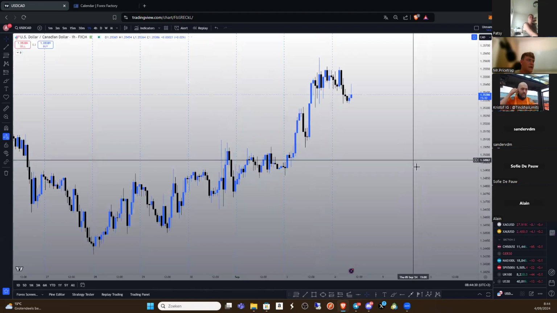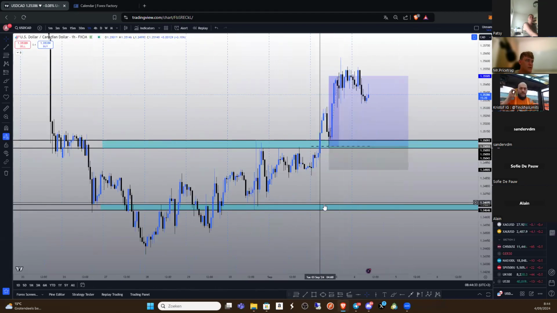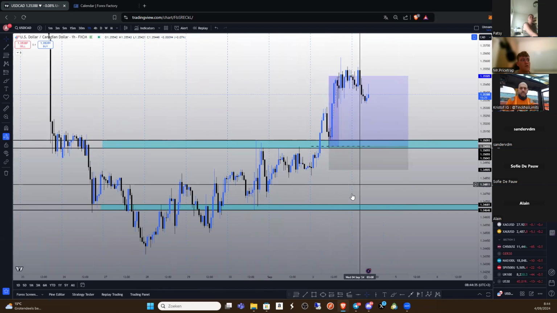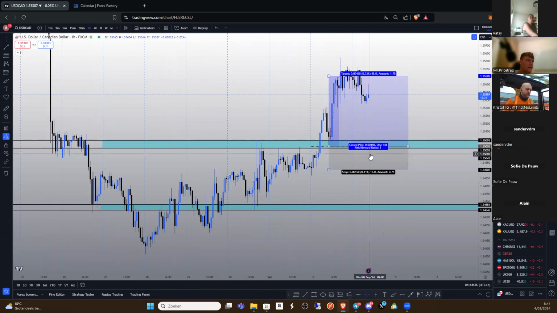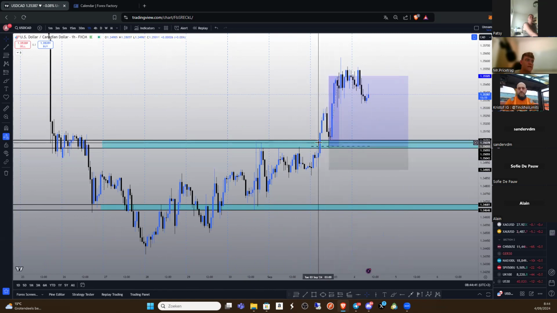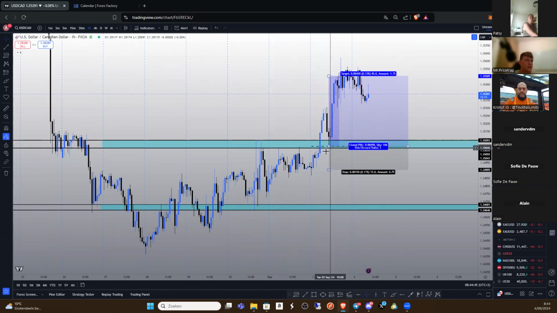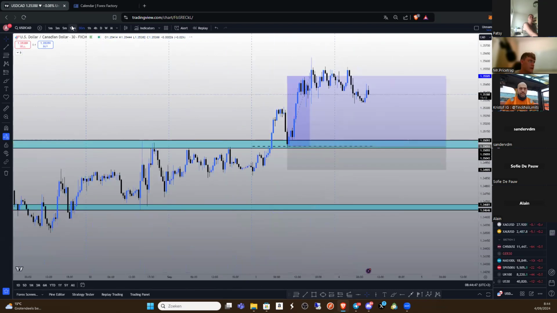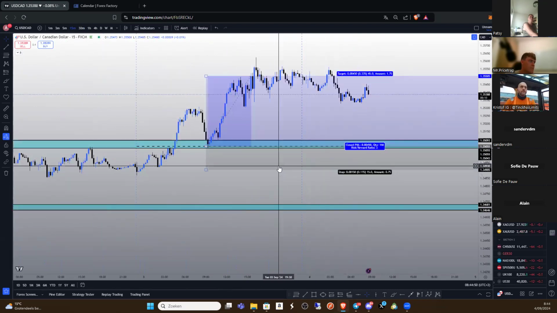And then we have USD Canadian. USD Canadian, I gave you two zones, okay? The very first zone was the one that got respected. For me personally, this 15 pip stop was beautiful, reacting here on this small demand level, filling up that imbalance, wick entry, really beautiful idea here with price trap strategy.